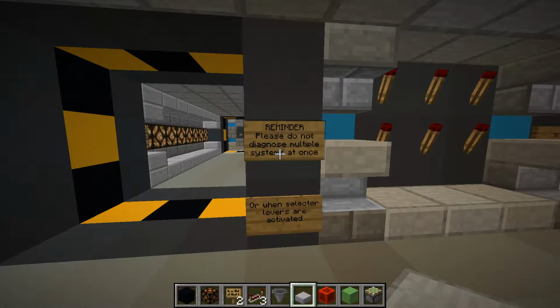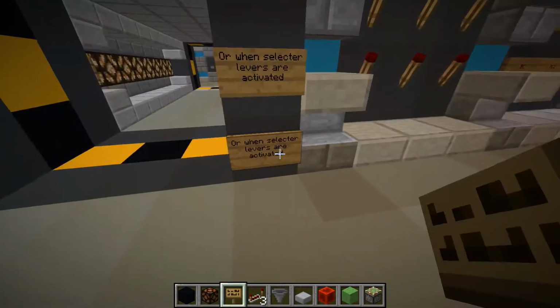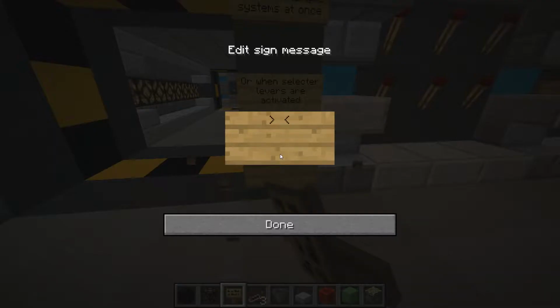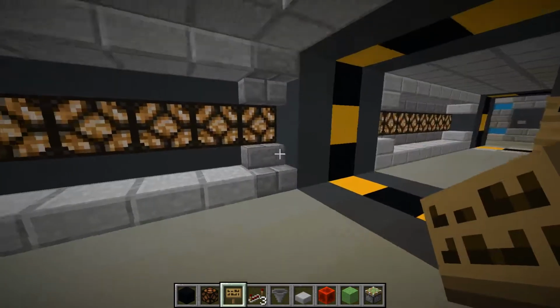Reminder, please do not diagnose multiple systems at once or when selector levers are activated. I might actually put in the sign that I did not put in right now. There we go. When selector levers are activated or when ship's functions are activated, this whole row of lights